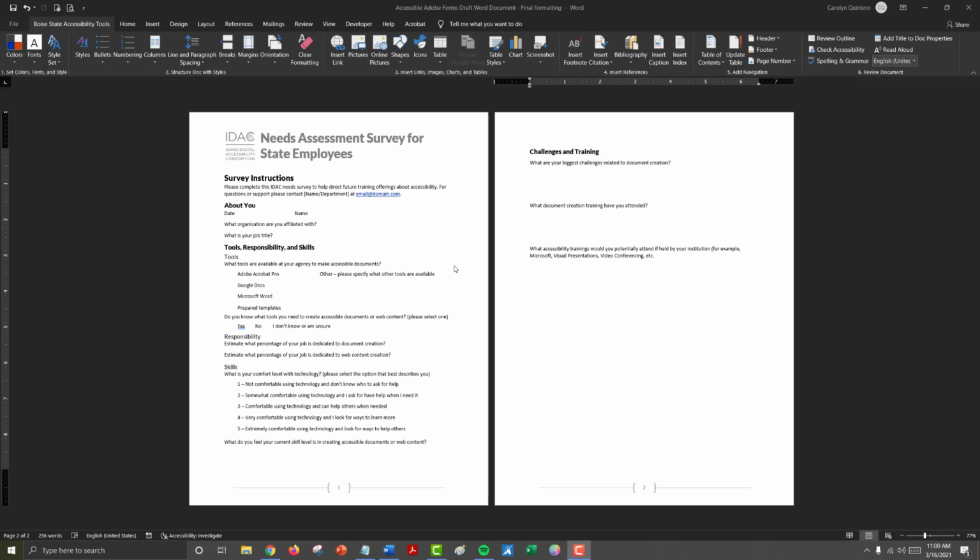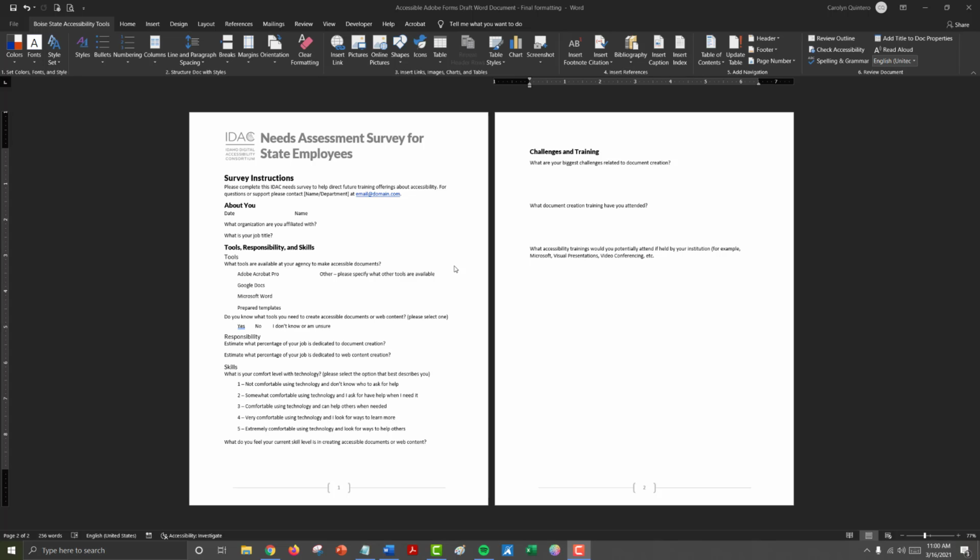Now we have a finished document. Our header has our logo with alternative text description and a prominent title for our form. We've outlined the content using the outline tool to apply those heading tags, so we've organized and structured our document. We've also applied appropriate space to leave enough room to add text fields in Adobe using the Prepare Form tools. So our small text fields have enough space after for a small text field.